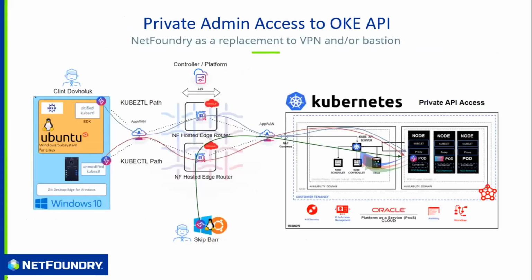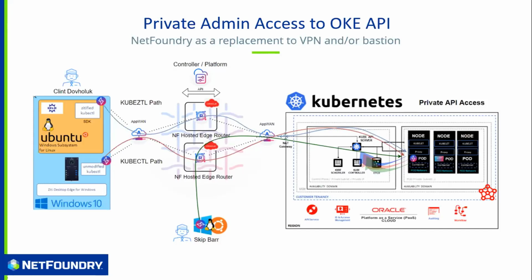And so what we're going to show today is two broad use cases: how we apply our private zero trust connectivity in an incredibly simple way in order to access the Oracle Kubernetes Engine API so that we can replace VPNs and/or Bastion servers and ensure, as I was just saying, that we run OKE, we have a NAT gateway, but only trusted users can get access to the API.